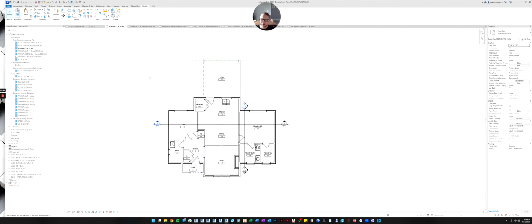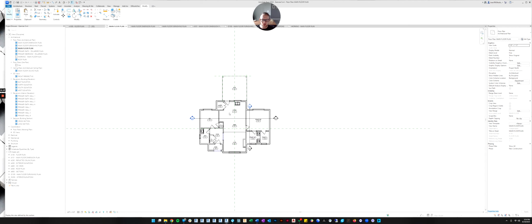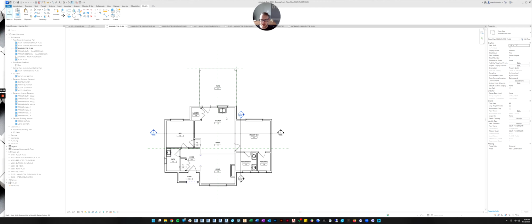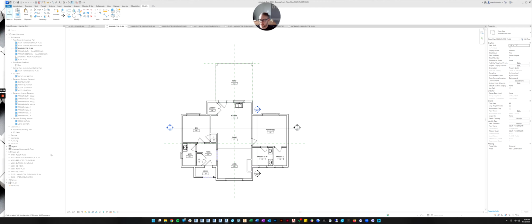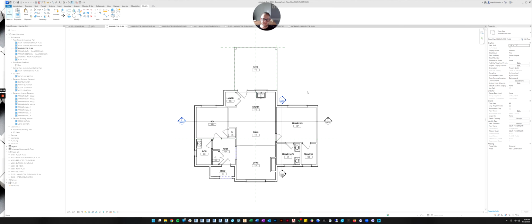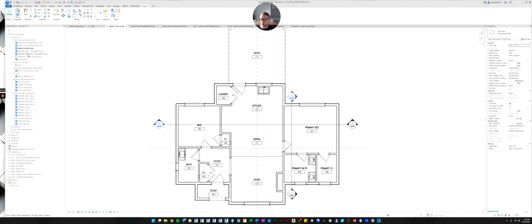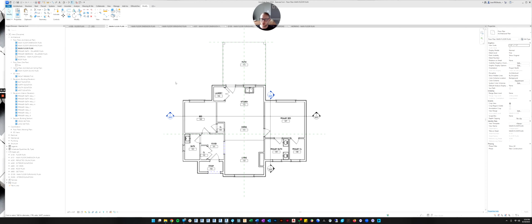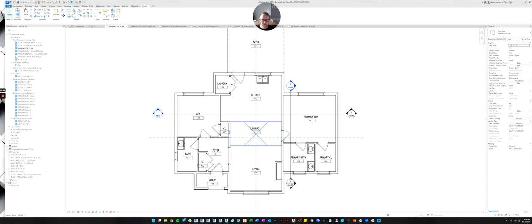So now if I go back to my floor plan, the image is gone and I'm going to crop my view again and it will crop my view back down to the way it was. So now the view as it is on the sheet will still look good. So that's a trick we're going to use with that working main floor plan a lot, so that you don't mess up the views that you've already worked hard to create.